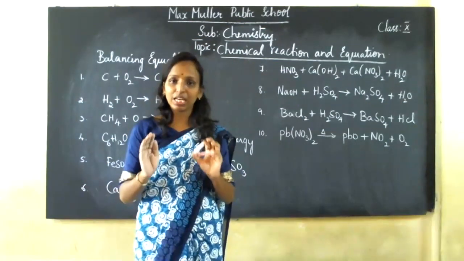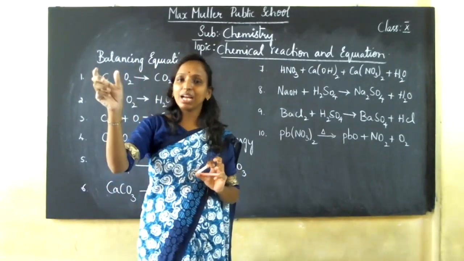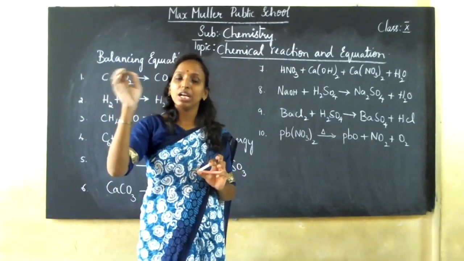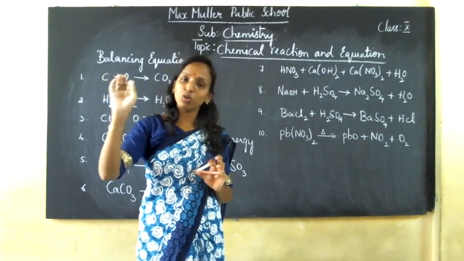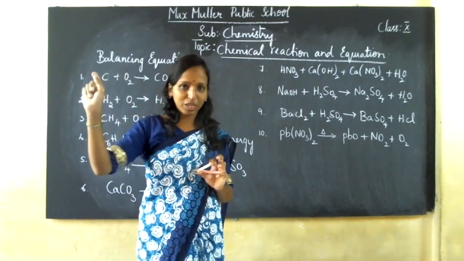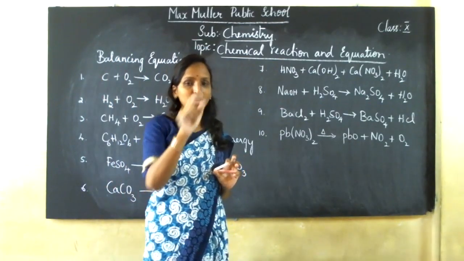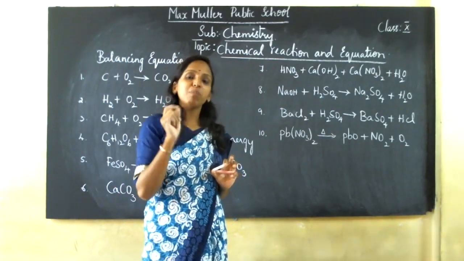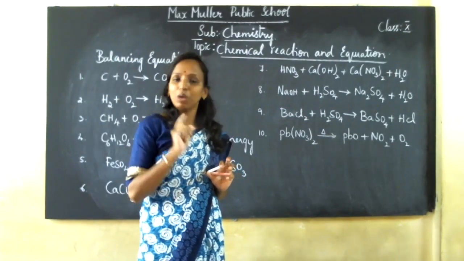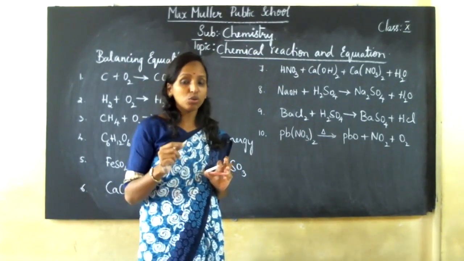Whenever you are writing an equation, a reactant should be there and a product should be there. There can be only one reactant, or two or more reactants. If there are two or more reactants, a plus mark should be indicated, and towards the product, an arrow mark should be there. Also, there need not be only one product; more than one product can be there. And you know how to write the equation.